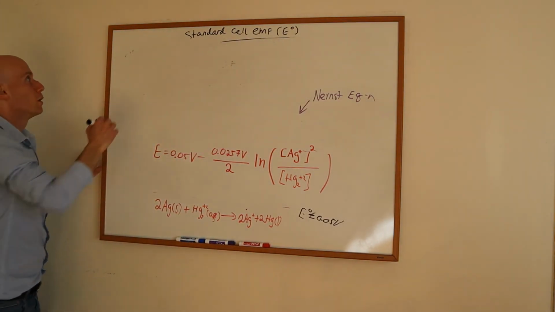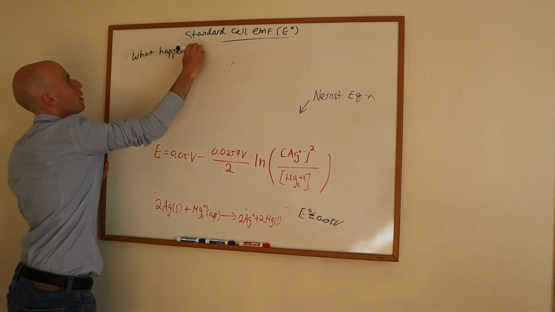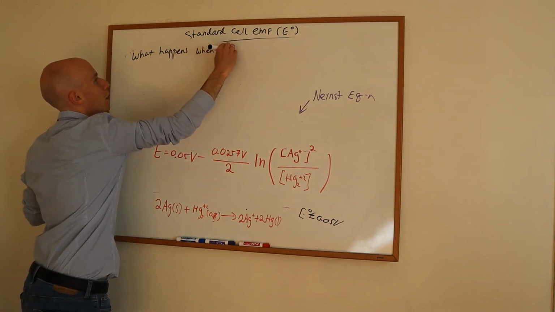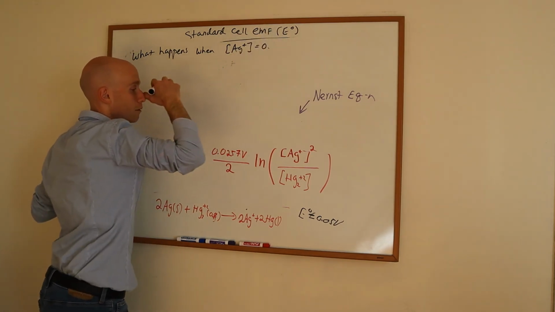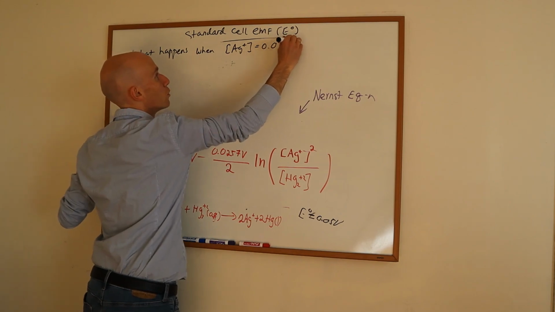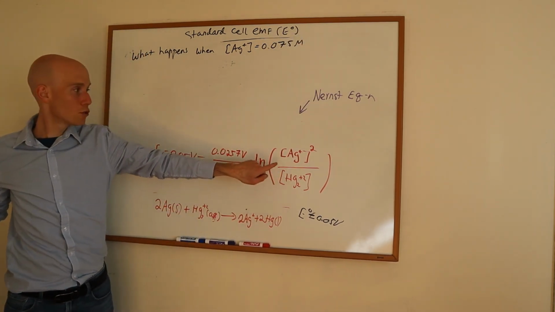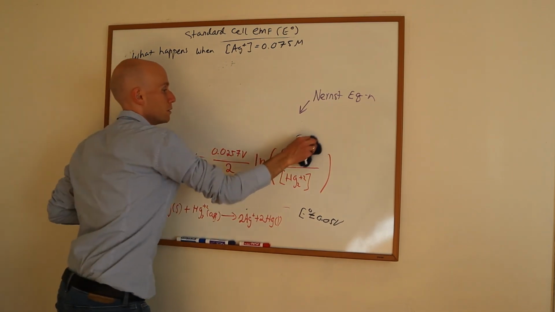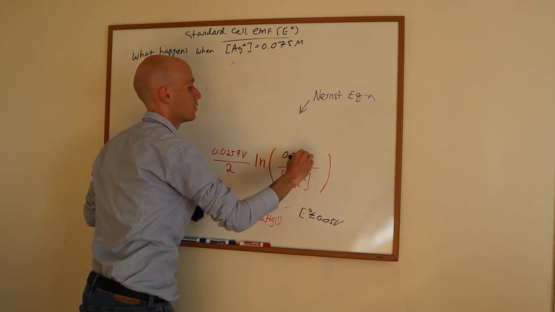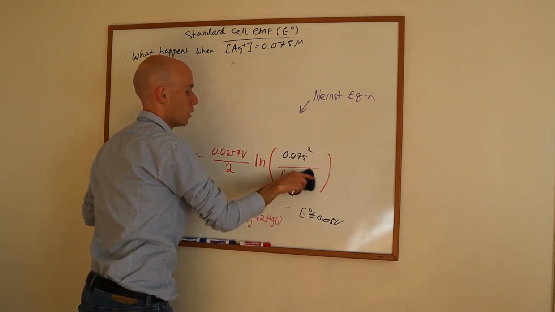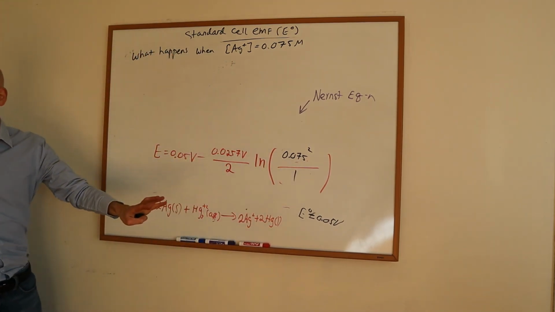So real quick, what happens when Ag+ is artificially changed to 0.075 molar? Okay, this stays standard at 1. This goes to 0.075. So let me do that, and it will get squared. 0.075 squared. This stays as 1. And if I were to substitute all of that into